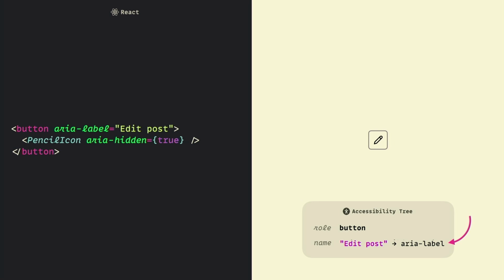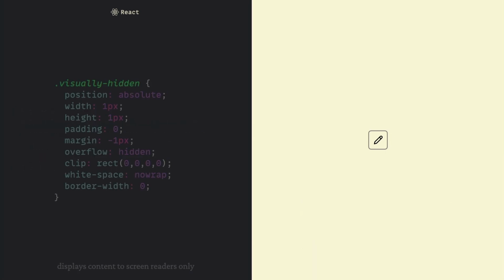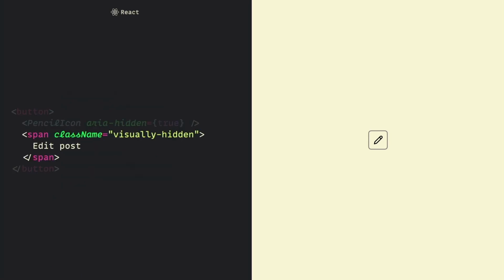For example, in most browsers, it won't get translated if the translation feature is on. So I would like to show you a better way. We can add a label within the button, as we usually would, and then hide it from the visual UI. This way, we also will be following that first rule of ARIA that we talked about by not using ARIA. However, our usual hiding techniques, like display none, will actually exclude elements from the accessibility tree too. So we need something different. There is this visually hidden technique that we can use, which is basically a CSS snippet that shrinks the element and hides it out of the view. In this case, it will still stay within the accessibility tree and can get announced to the user.